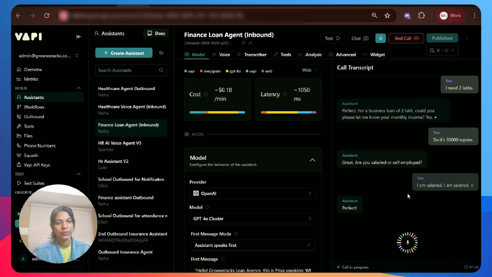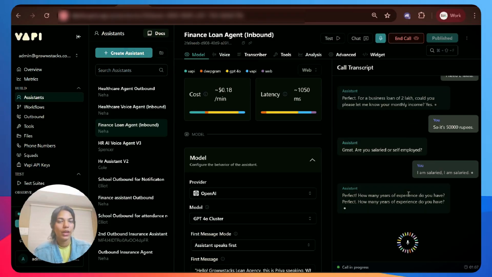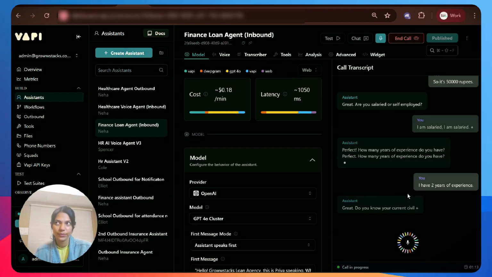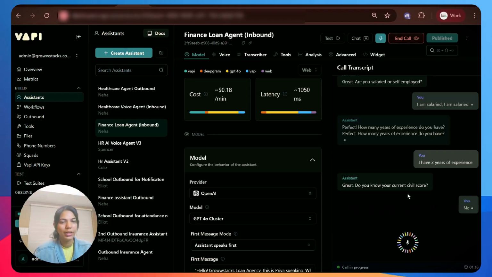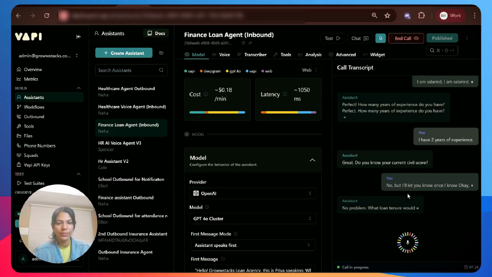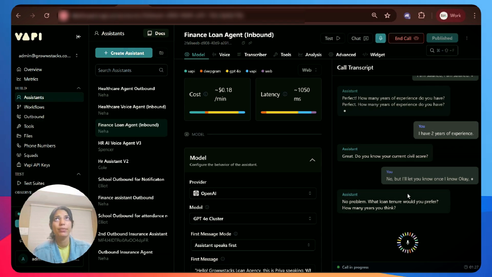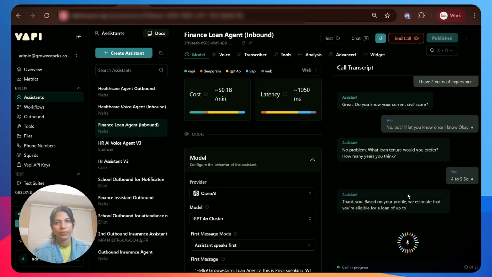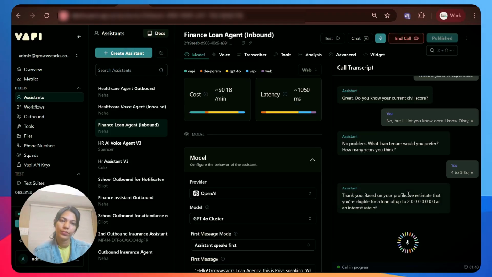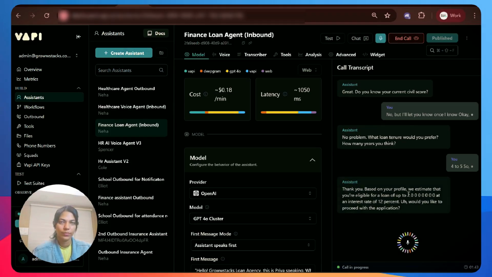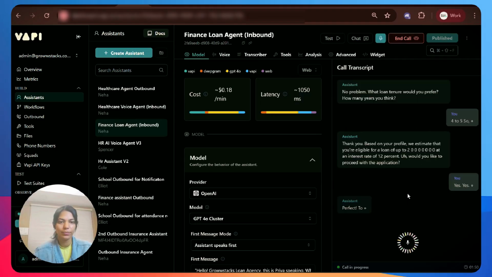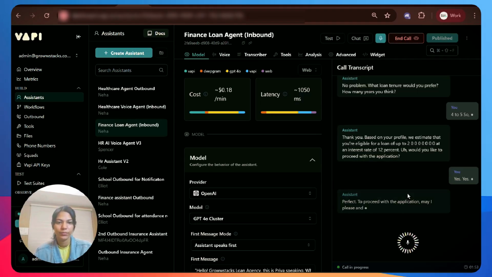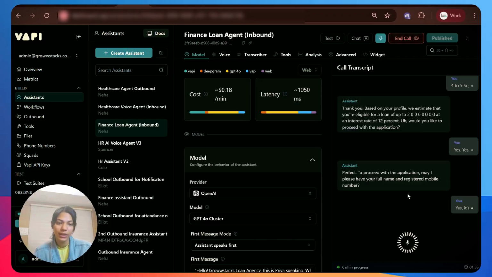I am salaried. Perfect. How many years of experience do you have? I have 2 years of experience. Great. Do you know your current CIBIL score? No, but I'll let you know once I know. No problem. What loan tenure would you prefer? How many years you think? 4 to 5. Thank you. Based on your profile, we estimate that you're eligible for a loan of up to 200,000 at an interest rate of 12%. Would you like to proceed with the application? Yes. Perfect. To proceed with the application, may I please have your full name and registered mobile number? Yes, it's Isha Malik and my registered mobile number is